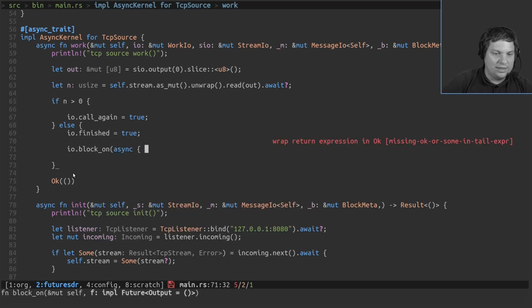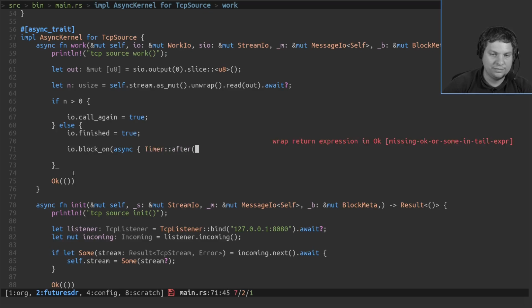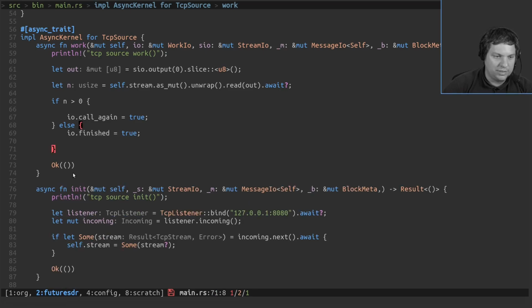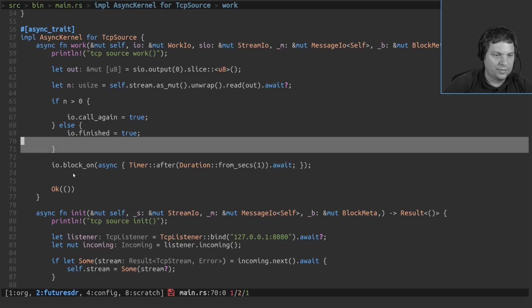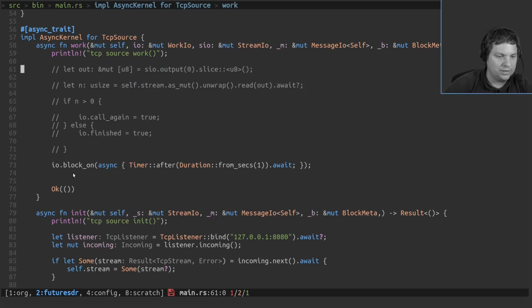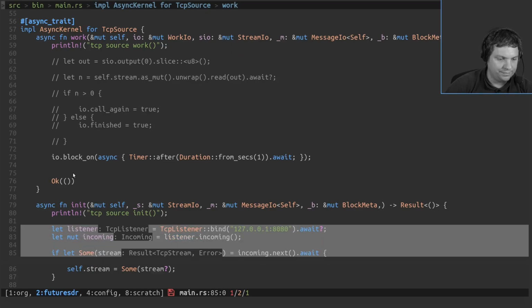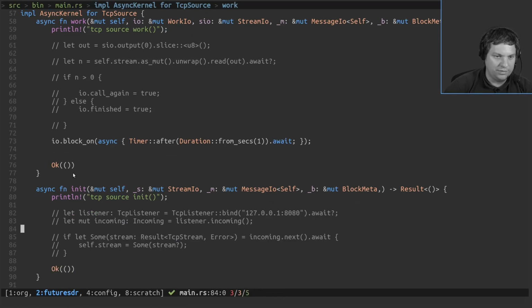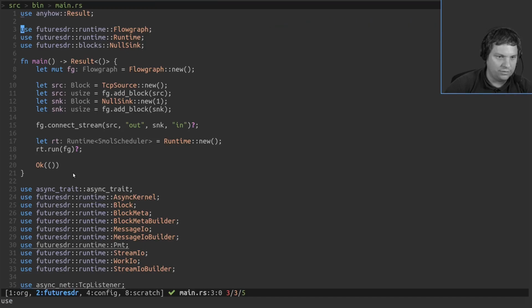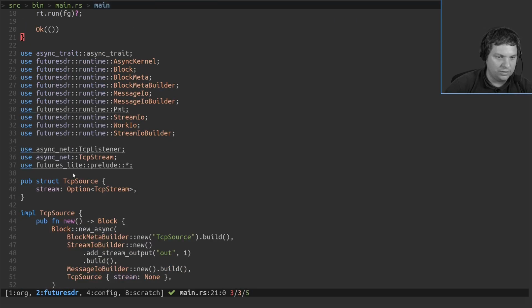So let's say async timer after, duration from seconds. Wait. So now this would tell it to call me again in a second. Let's just give this a shot. Let's forget about all this and all of this. And if we just have this in the flow graph, do we still import time and duration?